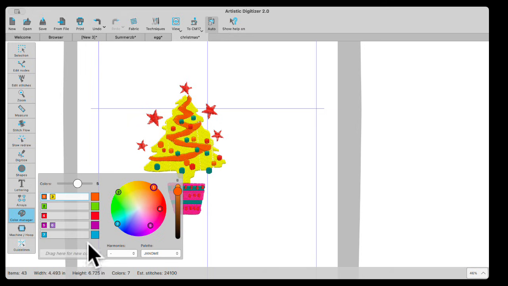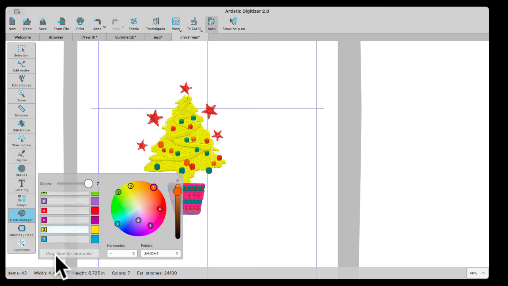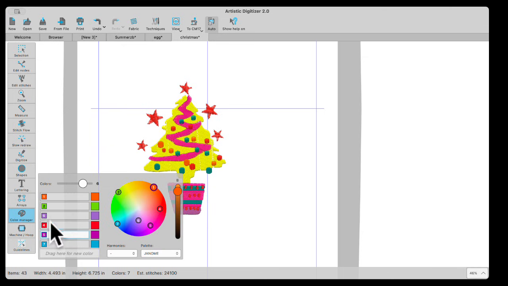colors. What it does over here is it will take the colors and match them to something that's close to what the color was. And if you want that, you can keep it that way. Or you can drag it down like this and it'll give you that color back. Did you see how I did that? If I want to bring this one back, I could bring it down here. Or I could join it with another one and it will make somewhat of a new color in there. So you have some options to play over here with your colors, especially if you have something that's a lot